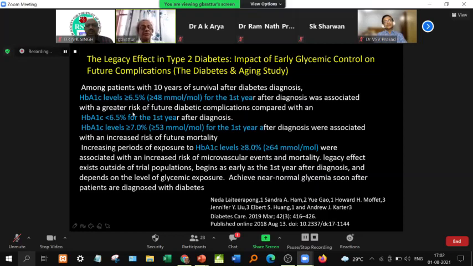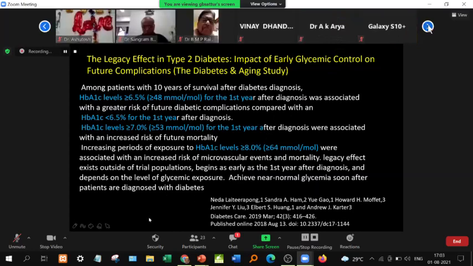However, HbA1c levels of more than 7 for the first year after diagnosis were associated with increased future mortality, and increasing periods of exposure to HbA1c levels of more than 8 were associated with increased risk of microvascular disease and mortality, meaning legacy effect